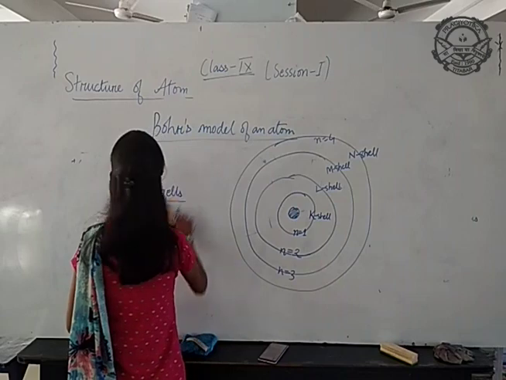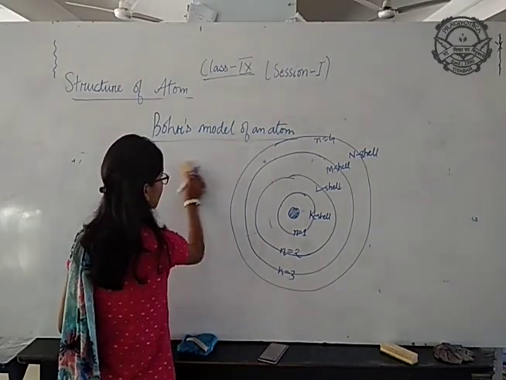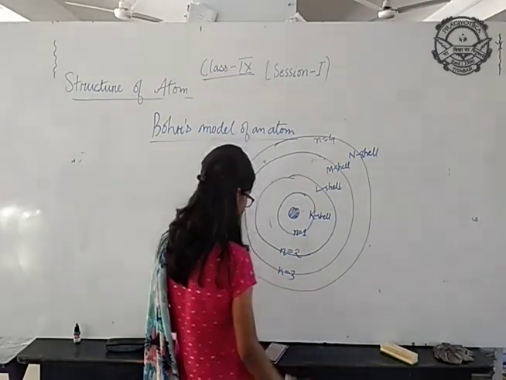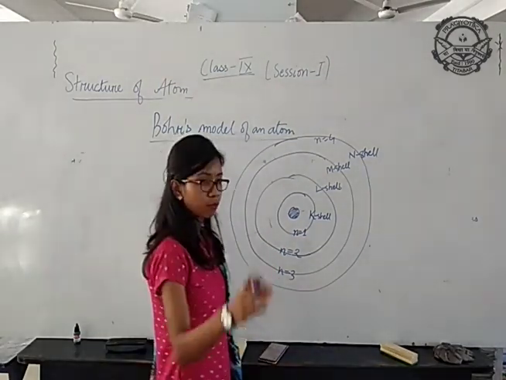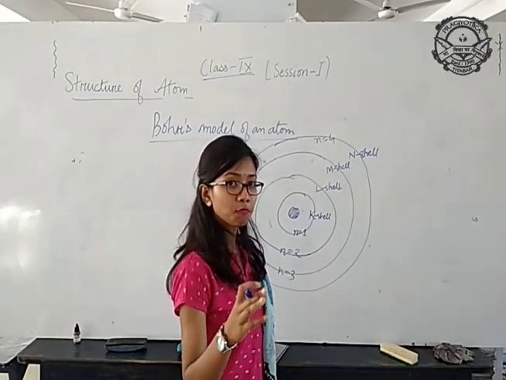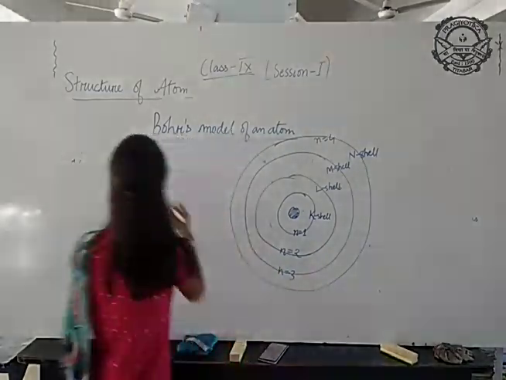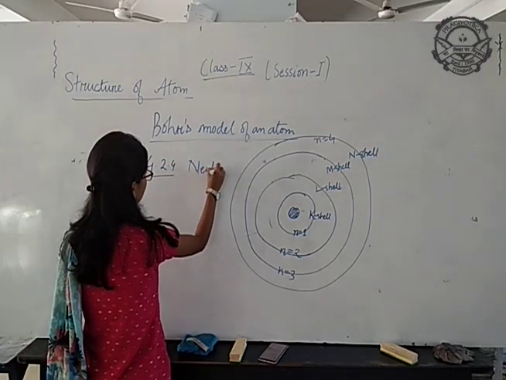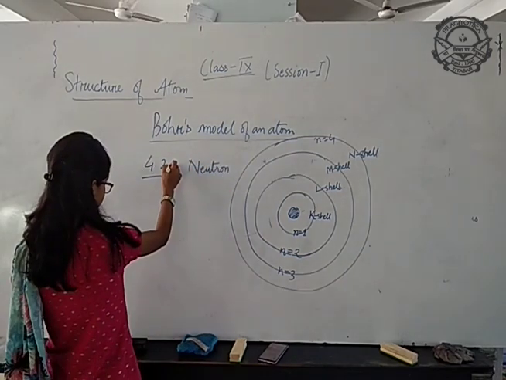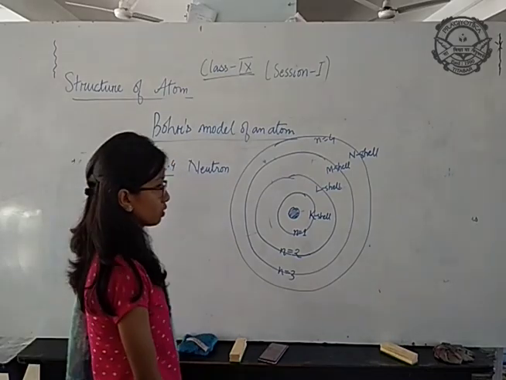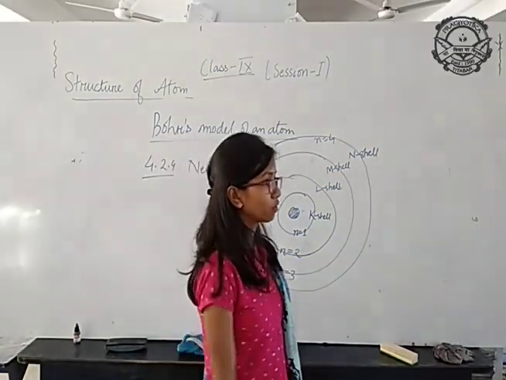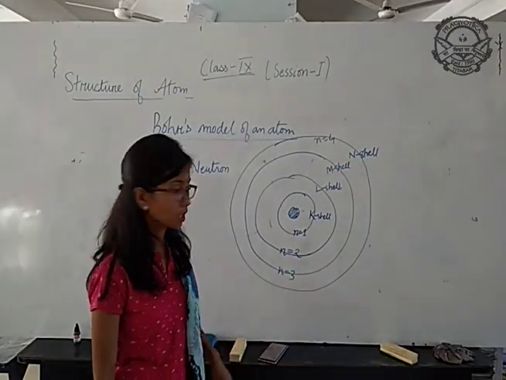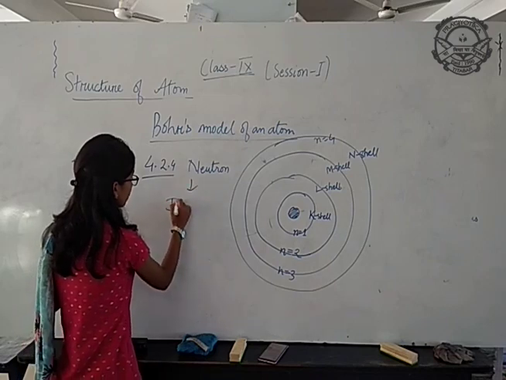Now you will see about the distribution of the electrons inside the atom. Now you see, these are the points in topic number 4.3. Before going to topic number 4.3, you will go through topic number 4.2.4 in your book. You see that neutron is a topic, it is given there. After the explanation of Bohr's theory, the neutrons were discovered, and it was discovered by James Chadwick.